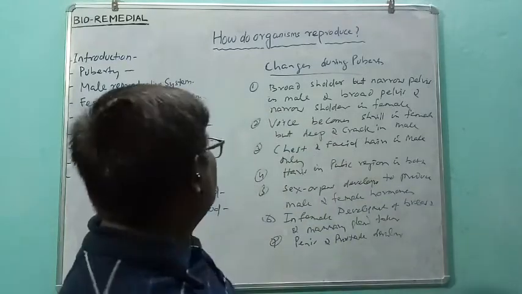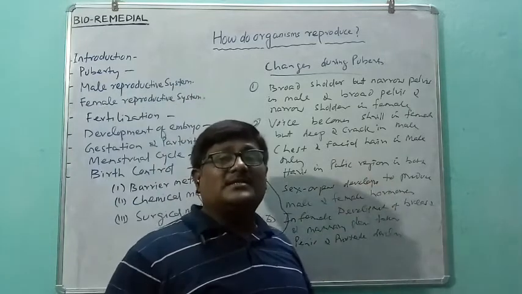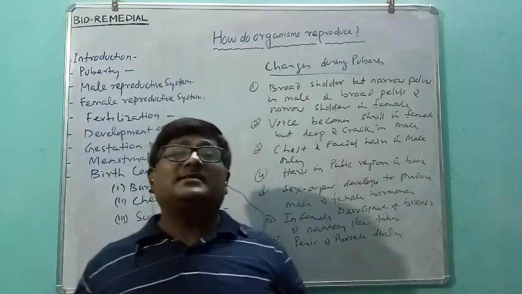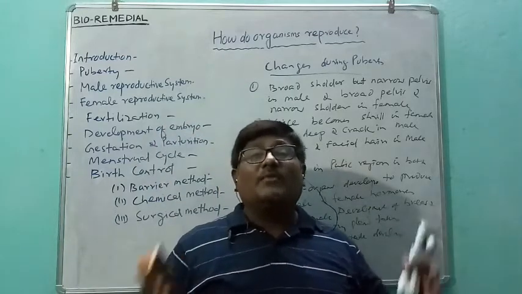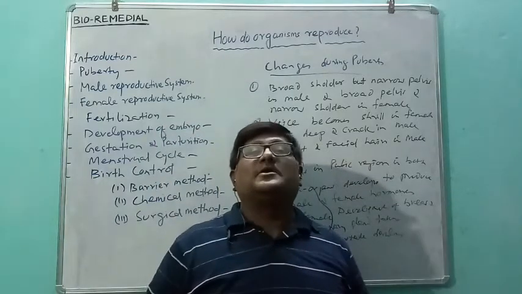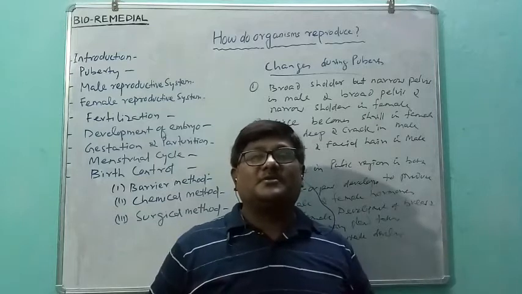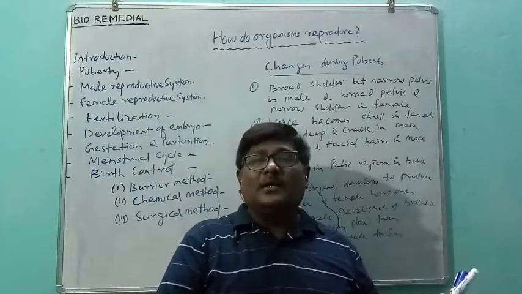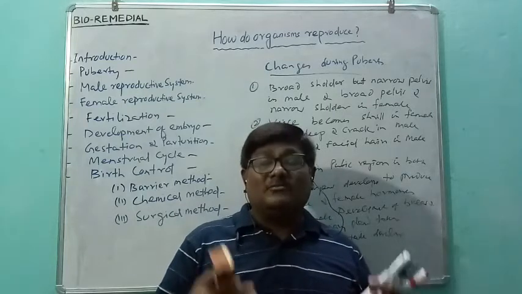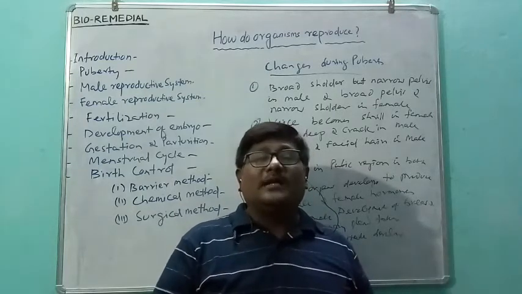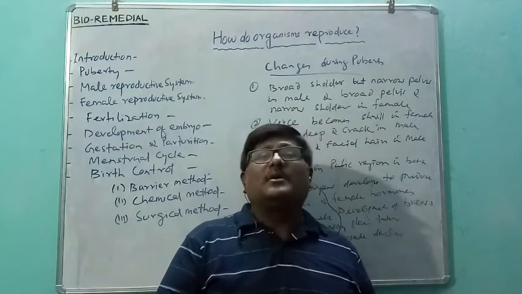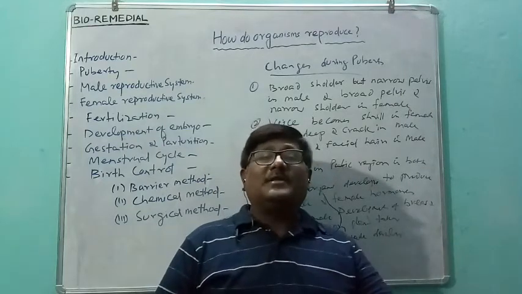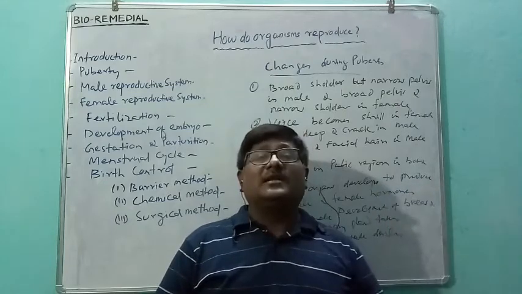So now we will understand, apart from these changes that take place, what are the systems present in male and female, what are the systems responsible for reproduction, that means the reproductive system. We will understand both the systems diagrammatically. We will try to explain through a diagram what the system is all about, what are the organs associated with the systems, how the gametes are formed, how the gametes are released.